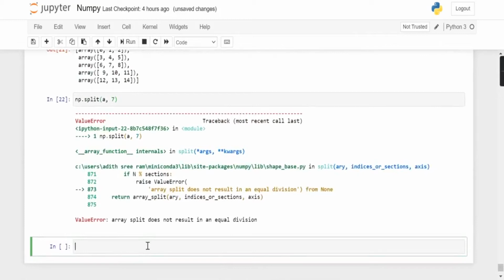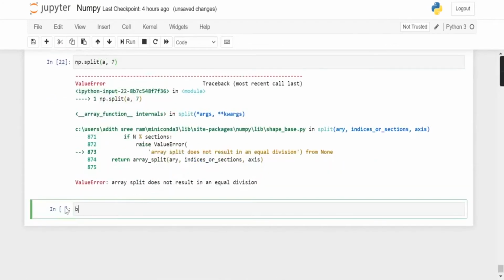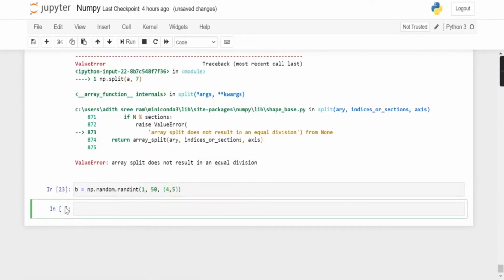Now let's try the same for a 2D array. So let's create an array B with np.random.randint, 1 to 50, and I am going to take an array of shape 4, 5, and I want to split this 2D array into 4 parts.